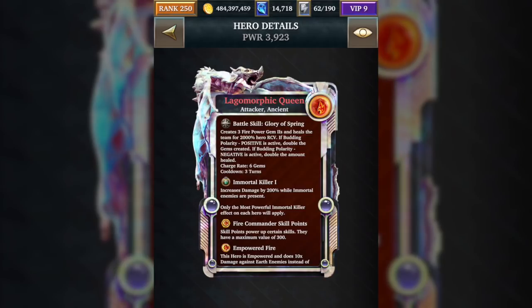If budding polarity is positive, this card will actually double the amount of heal, so she'll heal for 4000% of hero recovery when polarity is positive. When polarity is negative, she will not double the heal. So again, when polarity is positive, she will double the amount of